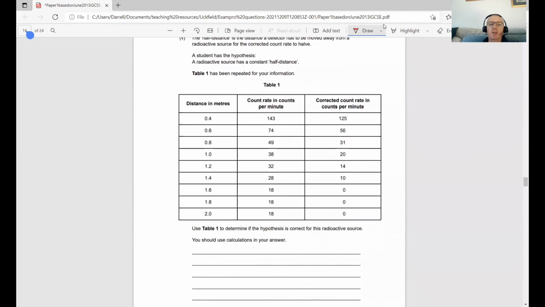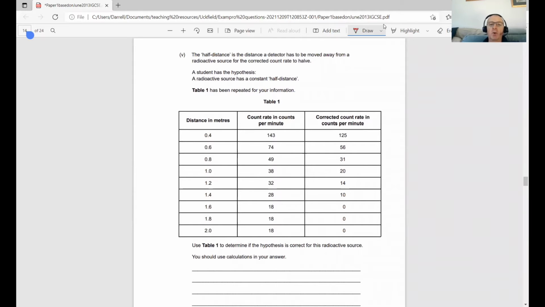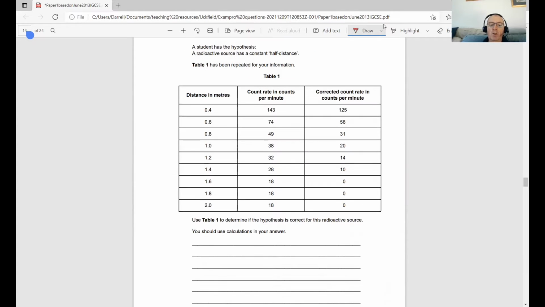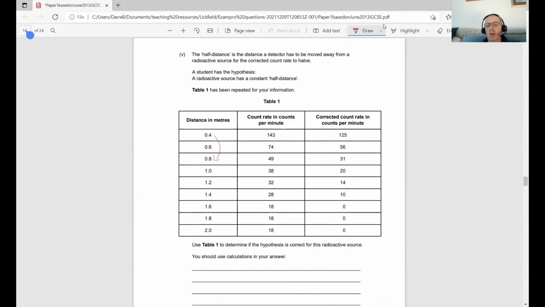The half distance is the distance a detector has to be moved away from a radioactive source for the corrected count rate to halve. The student has the hypothesis: a radioactive source has a constant half distance. Table 1 is repeated for your information. Use table 1 to determine if the hypothesis is correct. So our count rate, in halving it,